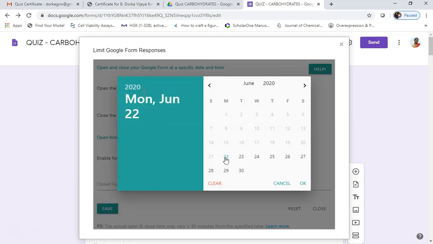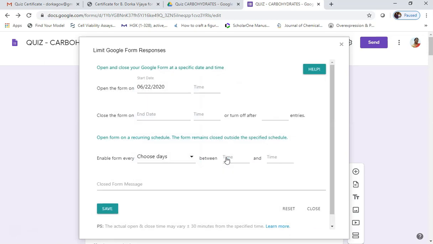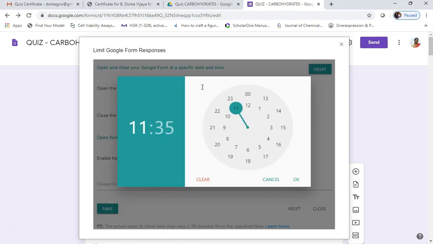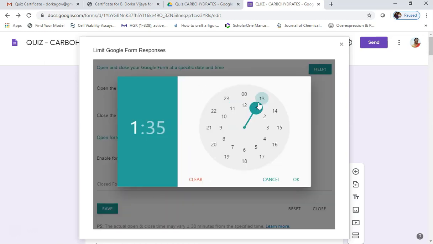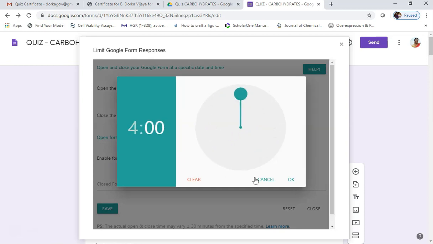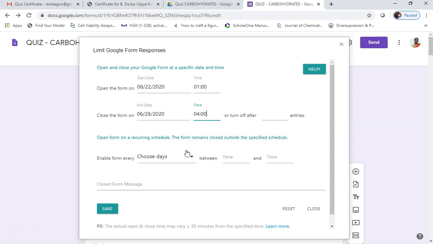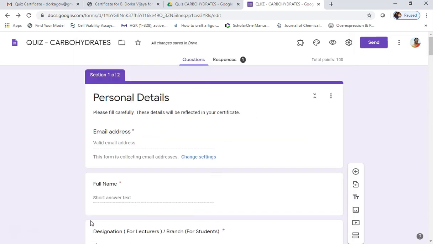Now we are adding specific date and time. Likewise, the time and the date for closing the form is also entered. It's done. We can select the number of entries, turn off after number of entries also, either this or that, then save the form and close it.